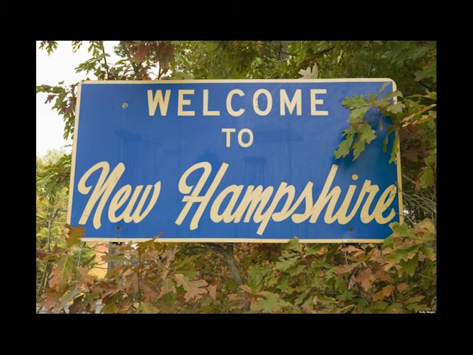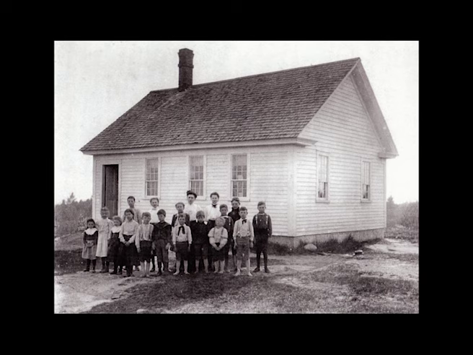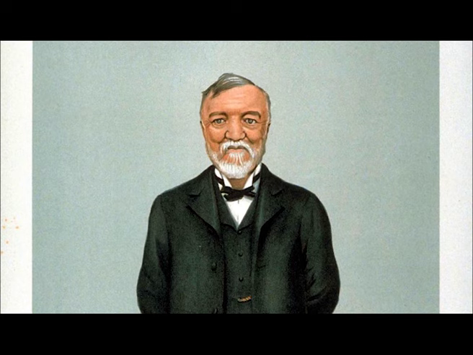The state of New Hampshire began work in 2004 to redesign their education system. New Hampshire decided that when it comes to student learning, it matters more that students are held accountable to high standards rather than focusing on if that learning took place at a certain time and place. New Hampshire was the first state to get rid of the Carnegie Unit, which was developed by the Carnegie Foundation in 1906 and is used to measure seat time.